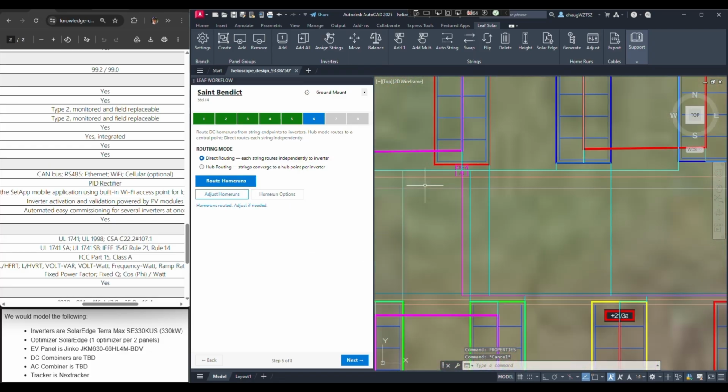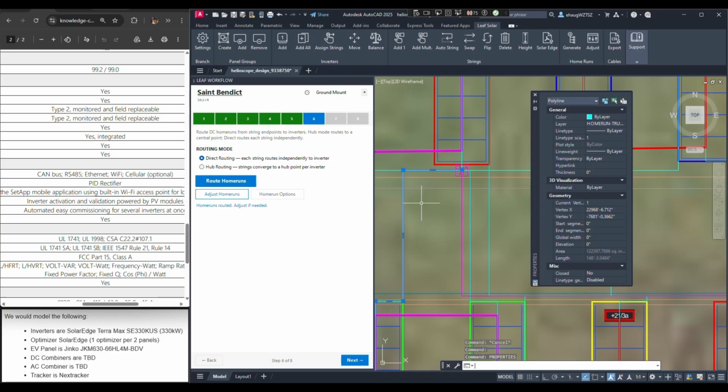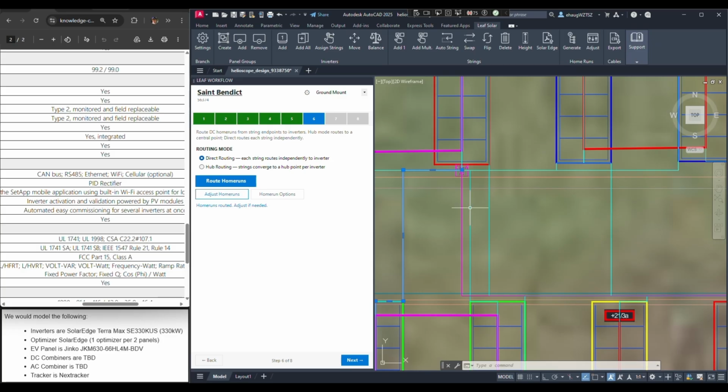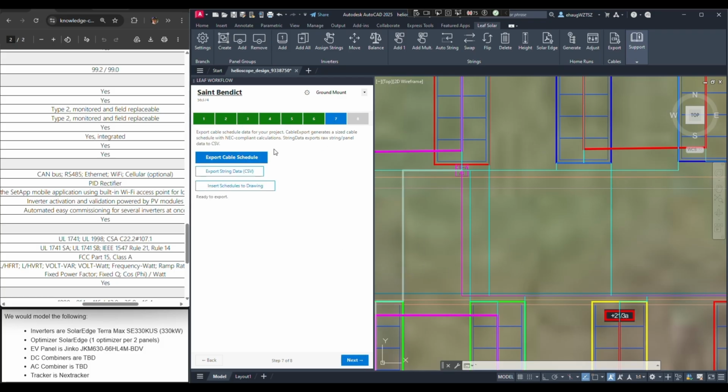All of our home runs are added. Engineers that we've talked to used to draw all these home runs by hand and then go one by one like this, using the properties palette to manually extract the length from the calculator, drop it into Excel, run it through some sort of cable sizer, and do this hundreds of times. So that is now a thing of the past,